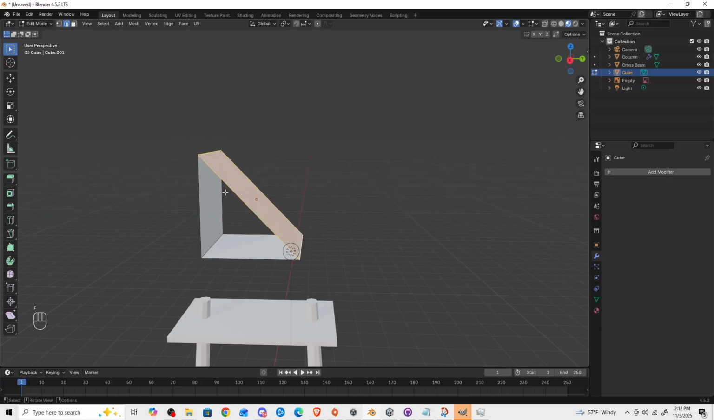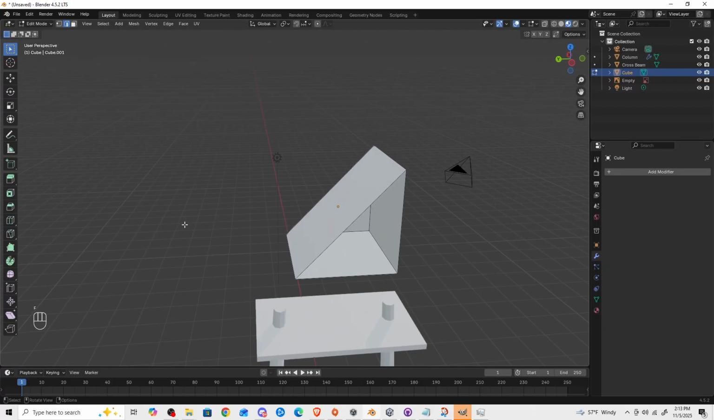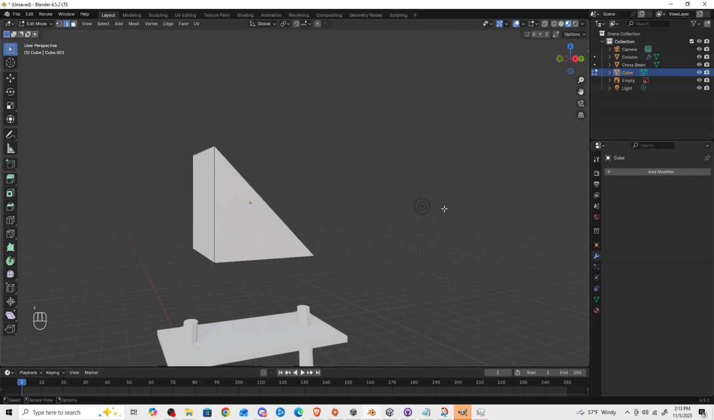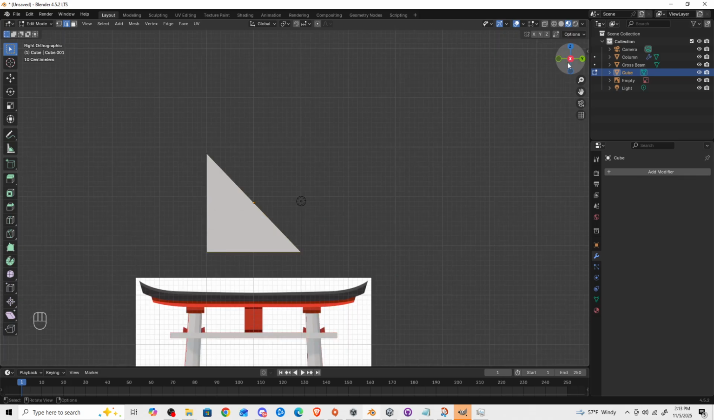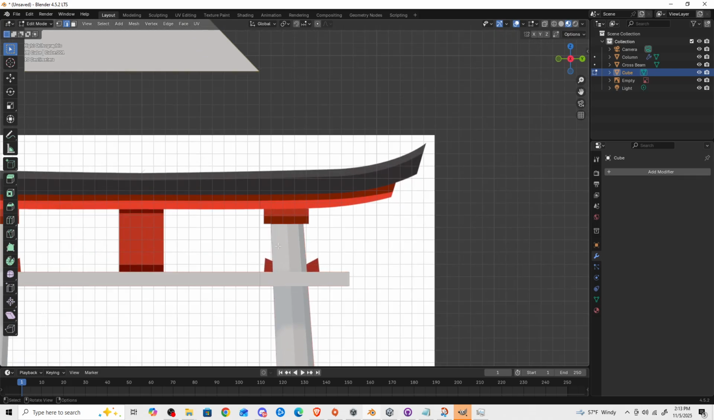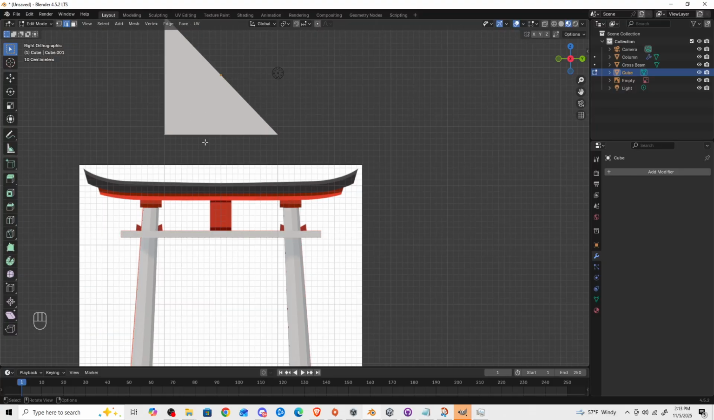And then I think these are still open, so we can select this and this, hit F, and likewise do the same thing over here. Okay, now we have a triangular prism. So let's go back to our Y so we can see the triangles here. So let's take this one